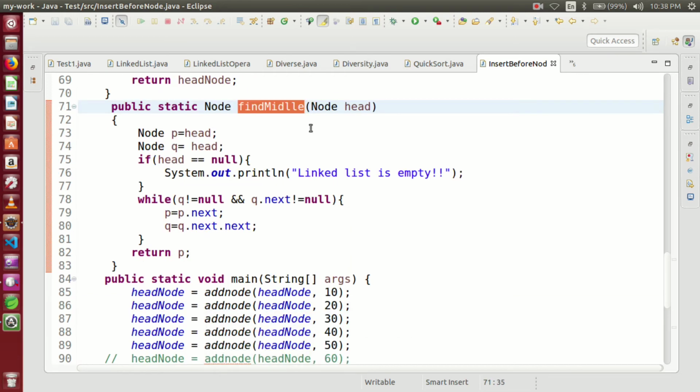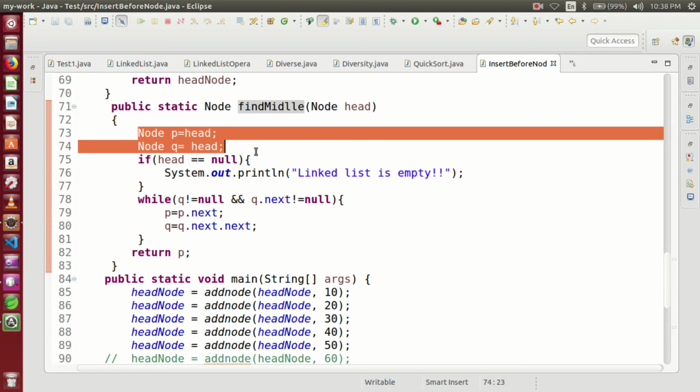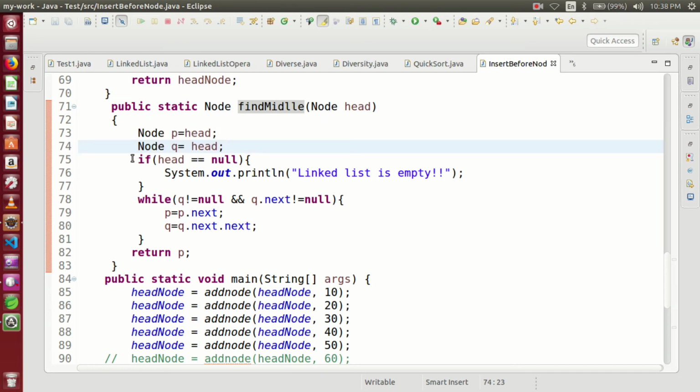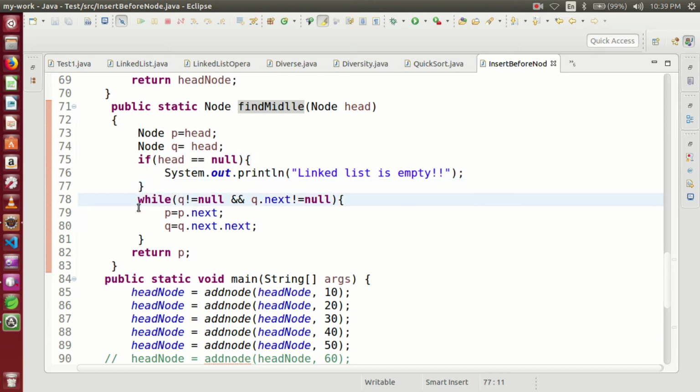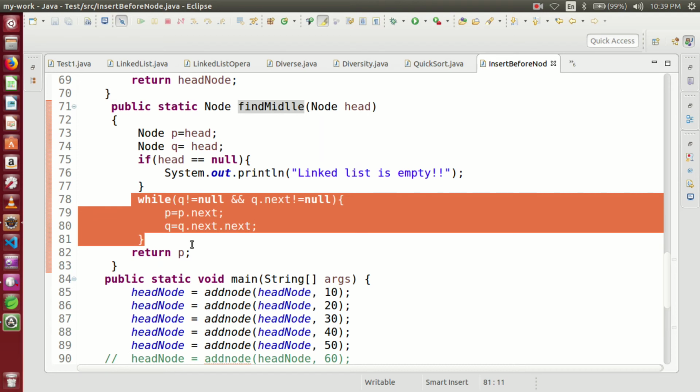So here in the find middle method we are taking head as the input. After that we are creating two temporary variables P and Q. After that we will first check that whether our linked list is empty or not. So if our linked list is empty, then we will simply print linked list is empty.